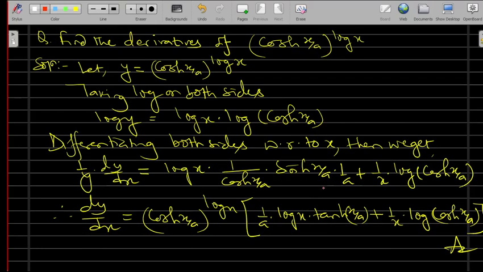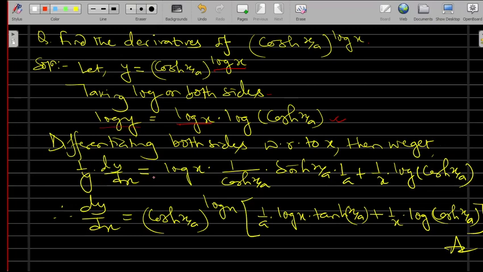Now moving to the next part, the question is to find the derivative of hyperbolic cos(x/a) to the power log x. Suppose y equals hyperbolic cos(x/a) to the power log x. Take log on both sides: log y equals log x times log hyperbolic cos(x/a). Differentiating both sides with respect to x, then we obtain